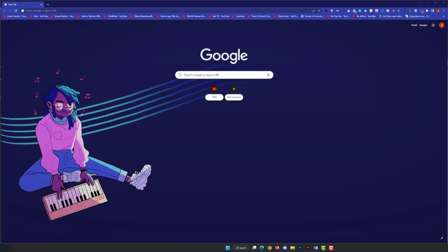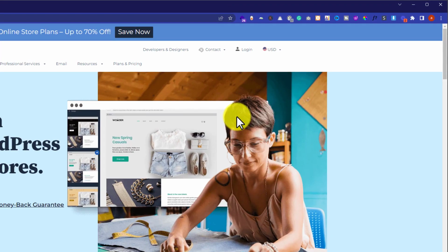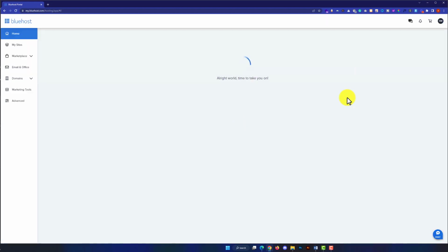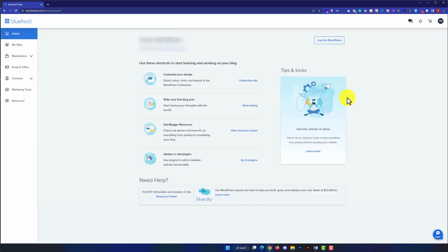So let's get started. First of all, you need to visit bluehost.com and from the top click on login. Here you need to enter your Bluehost username and password and then click on login. In this way you will be redirected to your Bluehost account, and then from the top click on your account and then click on security,